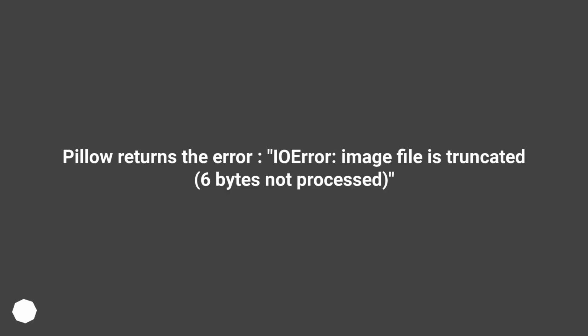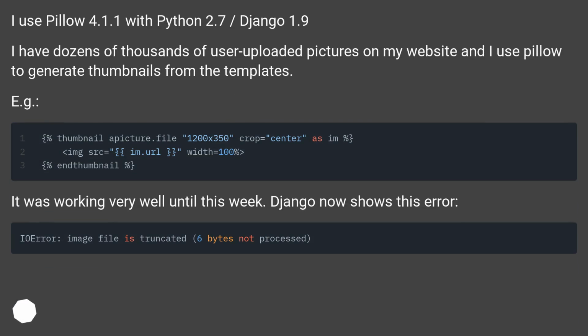Pillow returns the error, IOError: image file is truncated, 6 bytes not processed. I use Pillow 4.1.1 with Python 2.7, Django 1.9. I have tens of thousands of user-uploaded pictures on my website and I use Pillow to generate thumbnails from the templates. For example,